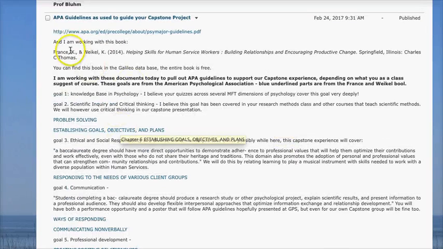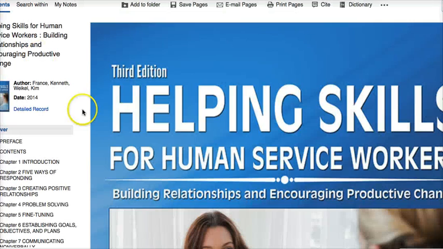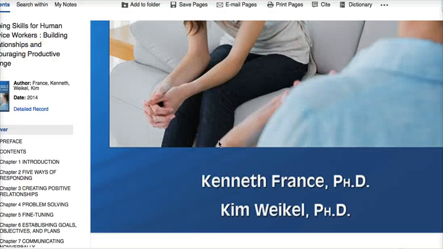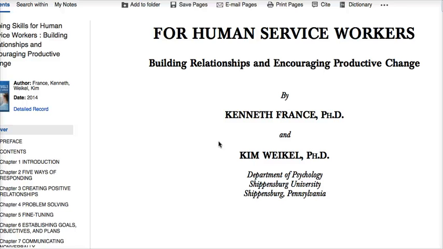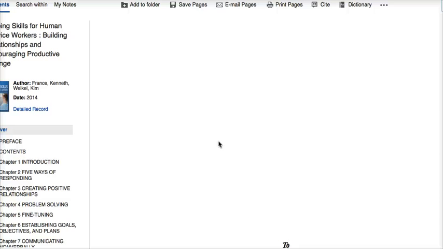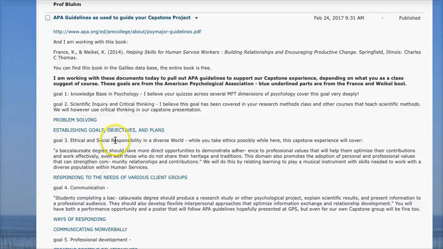The stuff in blue is related to this book, which is a free book, which is in the library that you can check the citation. This is awesome. So what I'm doing, and this is kind of my mental effort that I have to do, is to connect the materials within this book to the APA guide. So problem solving has to do with critical inquiry or scientific inquiry, establishing goals, and so forth. But for me to develop some sort of reflection tool so that as you're learning to play a musical instrument, the struggle I believe that is inherent in learning how to play a musical instrument is exactly